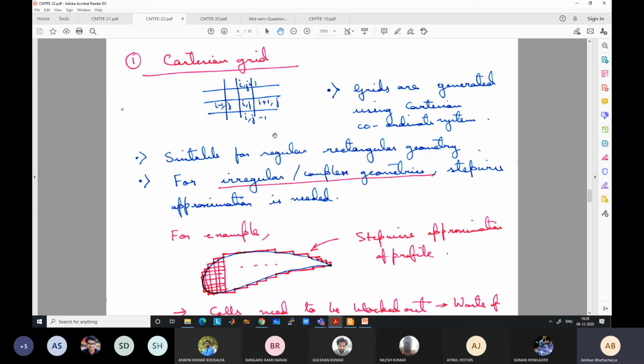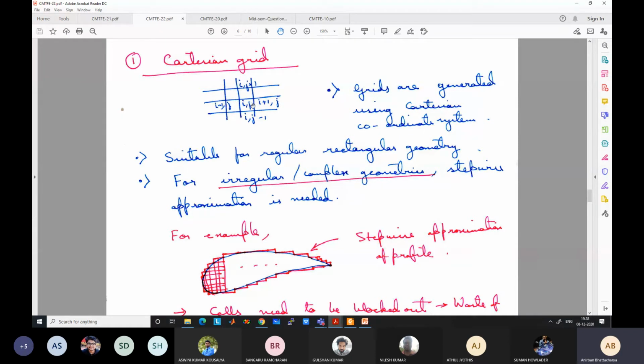Okay. And if we have such a geometry, this is the best option. If we have a regular geometry like rectangular geometry, it makes much more sense to use this instead of, say, fitting it with triangles. If you by default generate a mesh with triangles, it must be much easier in ANSYS. But your calculation will be much more accurate if you use a Cartesian grid for a rectangular domain or a cubic domain, instead of fitting triangles or other non-regular control volumes. Because it depends on the flux calculation.